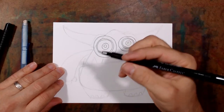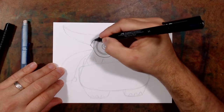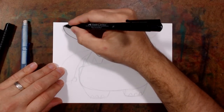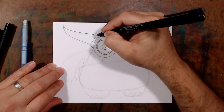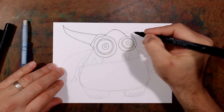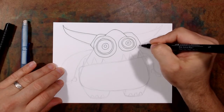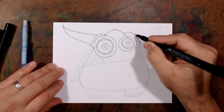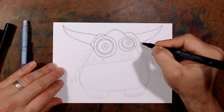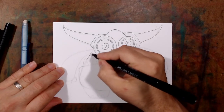So yeah, I'm using my super fine black Faber-Castell Pitt Artist pen. These are India ink, and they're some of my favorites. I used them all throughout September in that daily challenge. The nice thing is that they are waterproof, so if I wanted to paint over this,